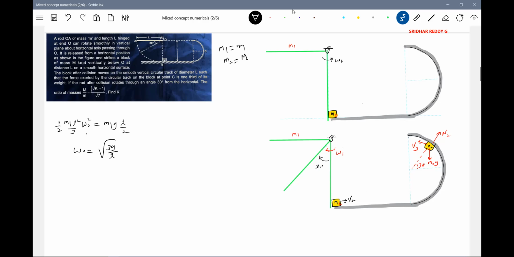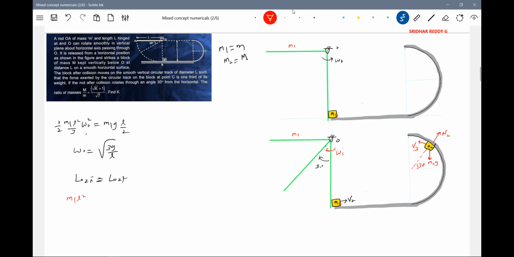Then with this, we'll apply conservation of angular momentum. About what? About point of suspension, O, you write it. L_O initial equal to L_O final. We make the mistake of writing conservation of linear momentum here. You should not apply that, an impulse will act here. But in exams, the moment you see collision, you start thinking that way, but you have to control yourself. So this should be equal to initial angular momentum, M1.